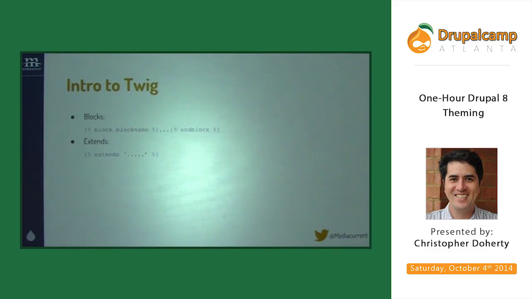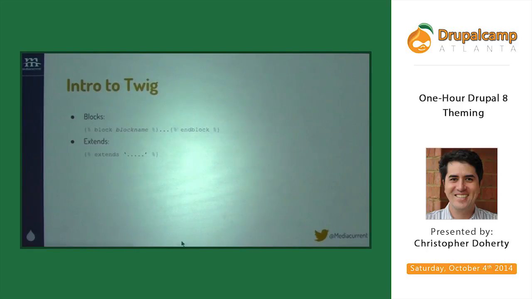And then this, in my mind, is one of the coolest functions in Twig, which is called the block and extends, and they sort of work together. Basically, block is a placeholder for content. So you can actually set up, and I'll show this in the live demo, a placeholder in the template for a block, and then in another template you can use extends.